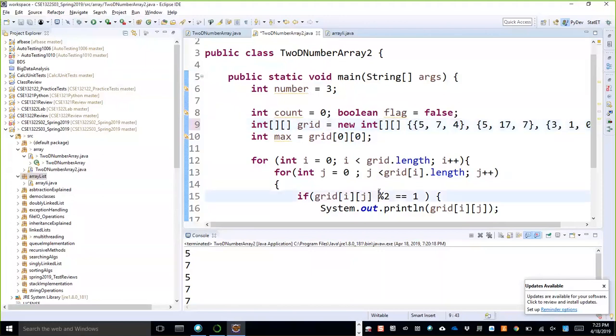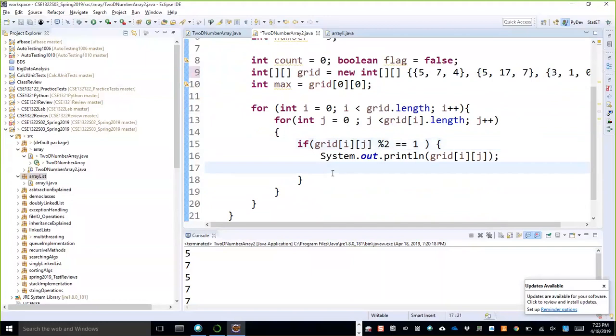And then finally, whatever my max is, I will print. So here you need to write two more lines over here, to do. I'm giving a clue: if grid[i][j+1] is greater than my max, right?